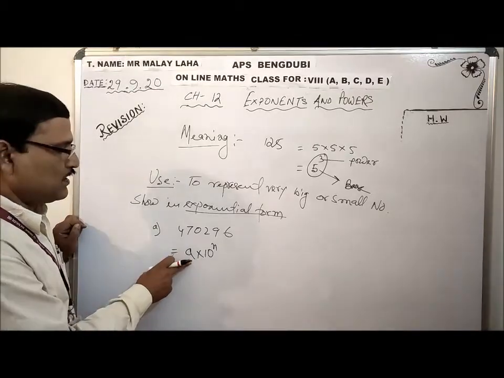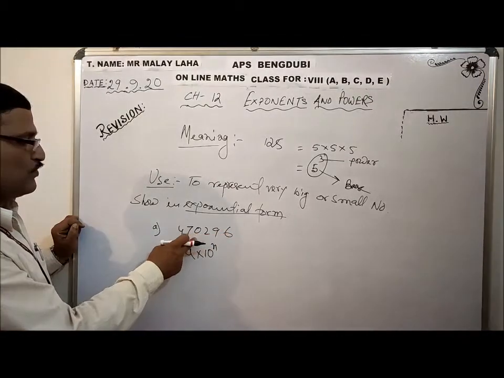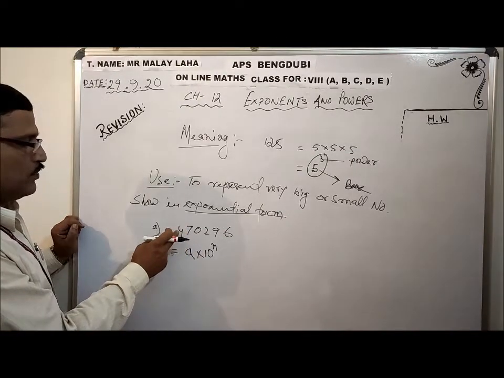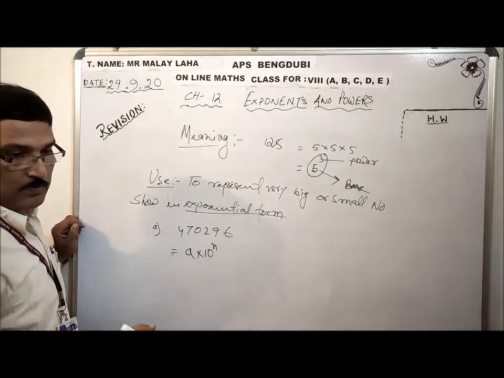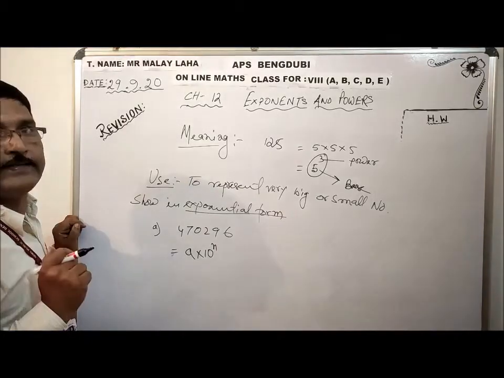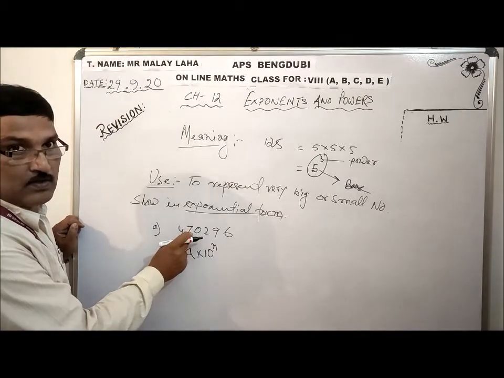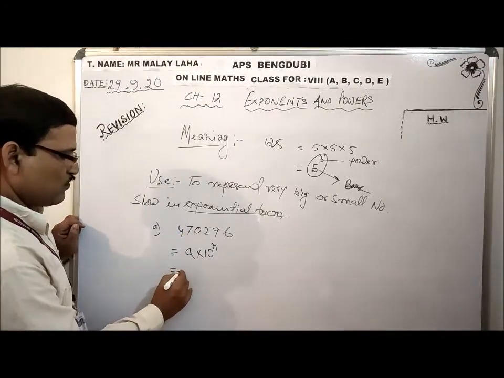That means it may be 1, 2, 3, 4, 5, 6, 7, 8, 9, a one digit number. So if I like to convert it to a one digit number, you have to drag this decimal after 4, between the 4 and 7. So it will be 4.7. The number before the decimal will be one digit. It should be less than 10. If I place it here, it will be 47, which is more than 10, so you cannot take it. Okay. So then what do you have to do?